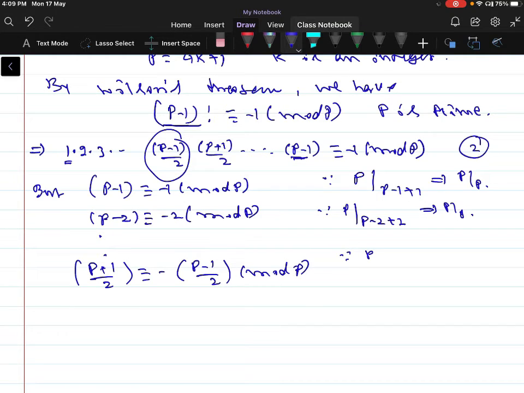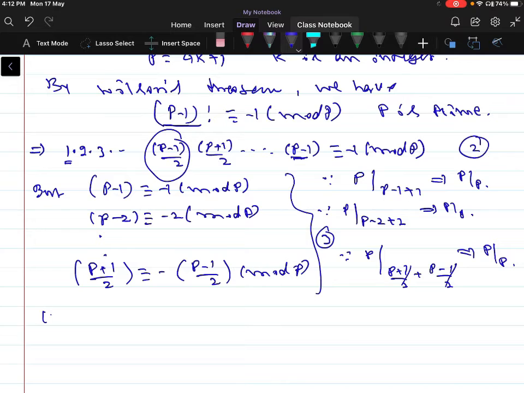Since p divides (p+1)/2 minus of minus plus (p-1)/2 plus of, or minus of bit cancel p plus p, that is p/2 plus p/2, this implies p divides p. Yes, there are (p-1)/2 congruences. So let us call this equation 3.